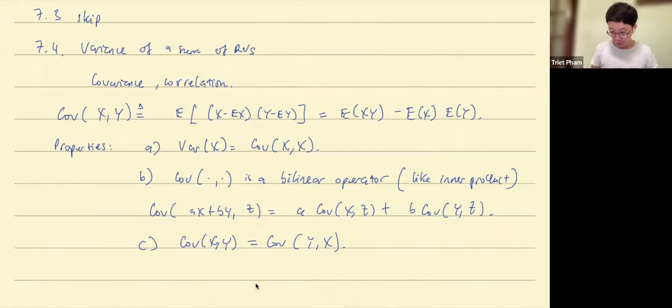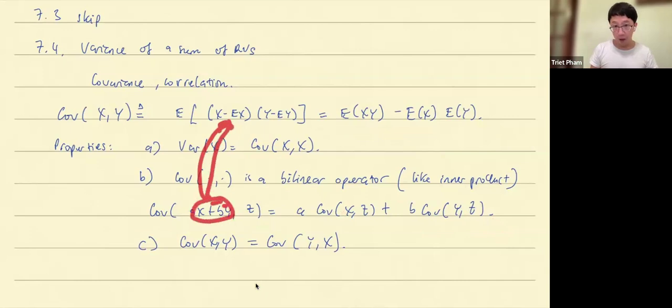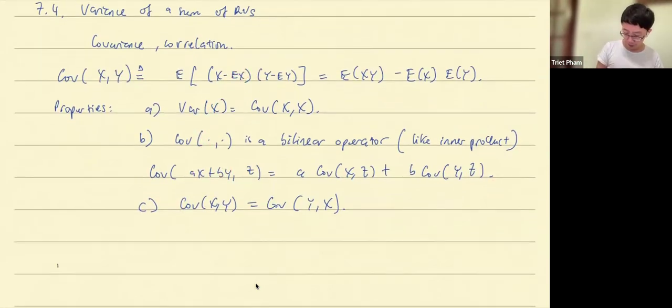The proof goes straight into this expression. It's actually not convenient to prove it with this form. You can prove it here too, but you can see it more easily here. Why? Because if you plug in aX plus bY here, then it will be linear with respect to expectation. And the product here will be a constant with respect to this sum. Let me just show you. For example, covariance of aX plus bY,